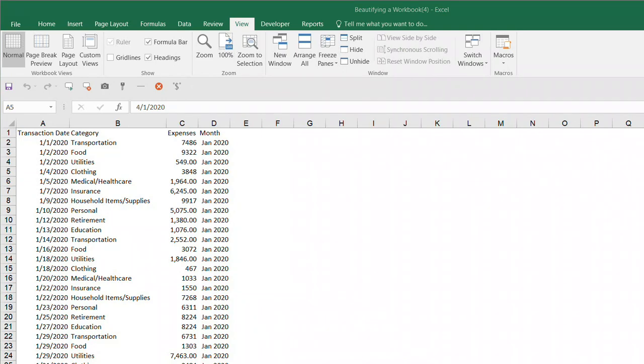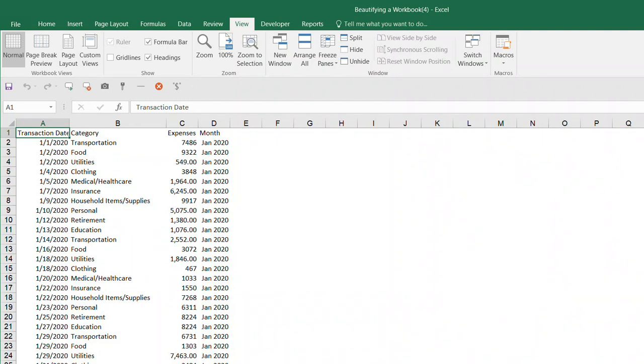If you observe our data, the first line looks different from the rest of the data. That is because the first line is the header. In Excel or in any spreadsheets for that matter, it's a good practice to format the header differently than the rest of your data. So let us try to do that.